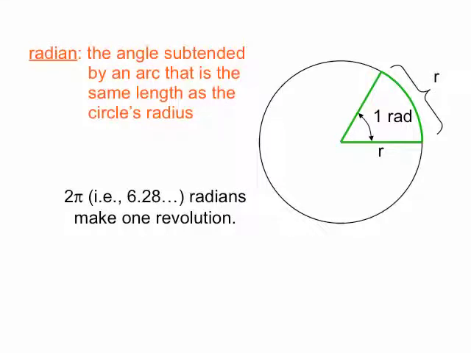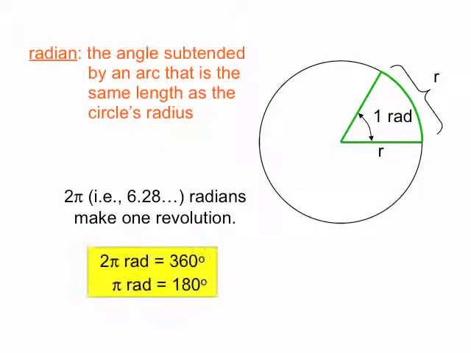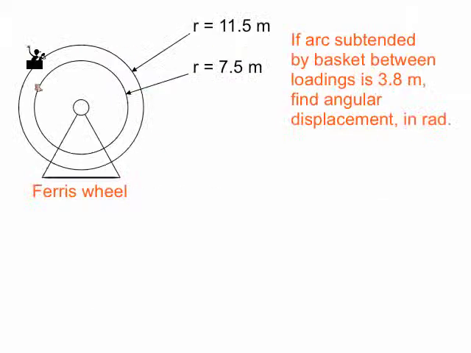Now, of course, it takes 2 pi or 6.28 radians to make 1 revolution. That is, for it to go in 1 complete circle. So, that means 2 pi radians is 360 degrees and pi radians is 180 degrees. So, how do we work this out? Well,